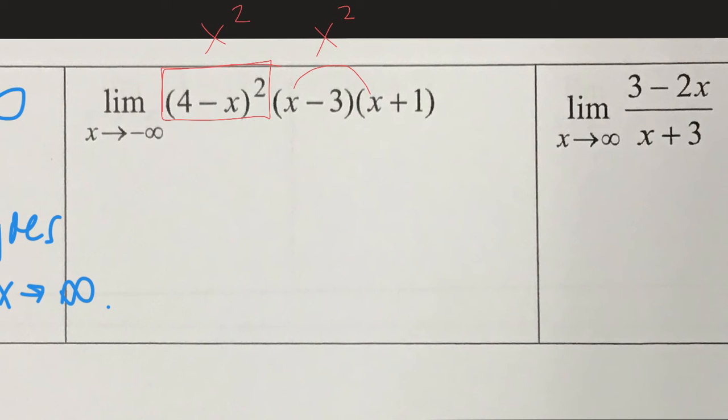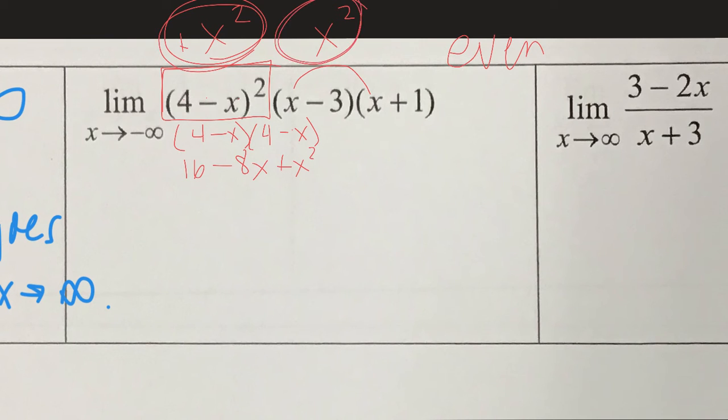So is this going to be a positive or negative even polynomial? We have 4 minus x squared. So if I do 4 minus x squared times 4 minus x squared, do I get a positive x squared or a negative x squared? A positive x squared. So I have a positive x squared times positive x squared, which means it is a